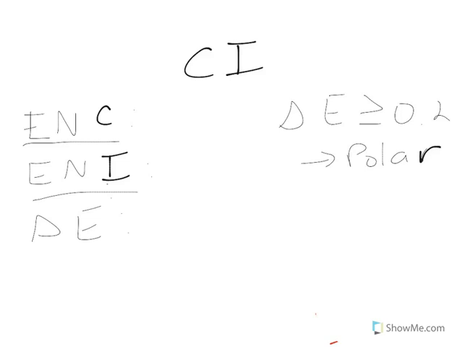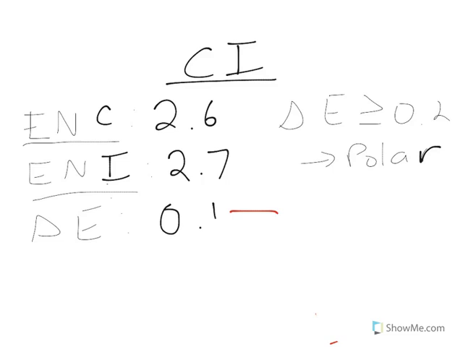Okay, and we'll just try one more. We have a bond between carbon and iodine. The electronegativity of carbon, so let's go back to our Table S, is 2.6. The electronegativity of iodine, which is atomic number 53, is 2.7. If we find the difference, 2.7 minus 2.6 is 0.1. Based on our rule of thumb, this is less than 0.2, so we have a nonpolar